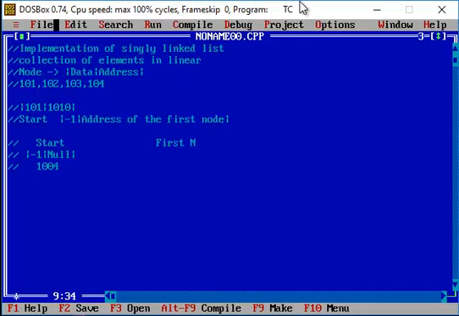Now I'm trying to create my first node. My first node is created with the data 101, and that is also initially not pointing to any other node. Whenever you are trying to create a node, you cannot explicitly say that the node will be pointing to some other node. Basically, every node will have the data element followed by the pointer field.